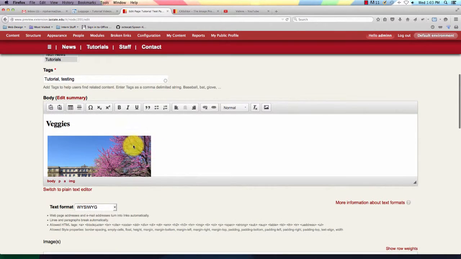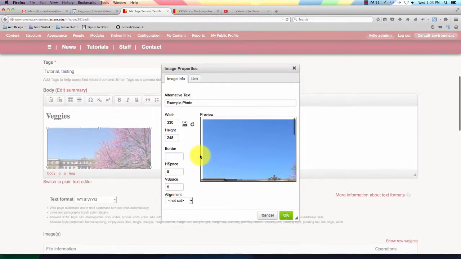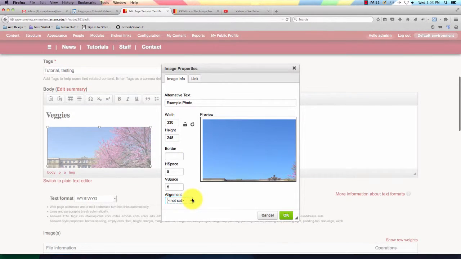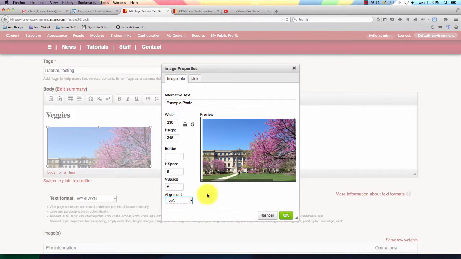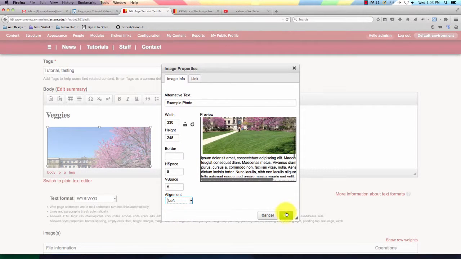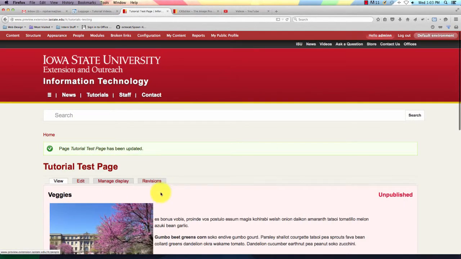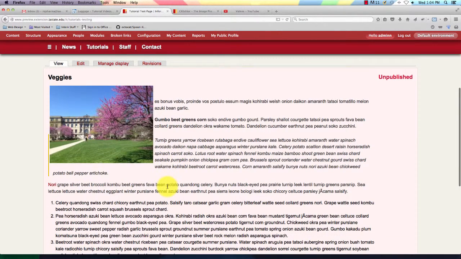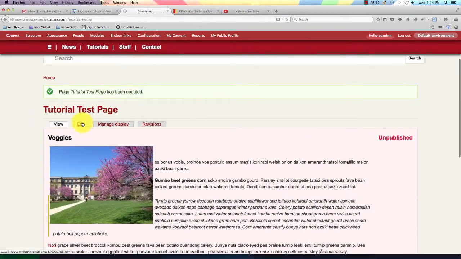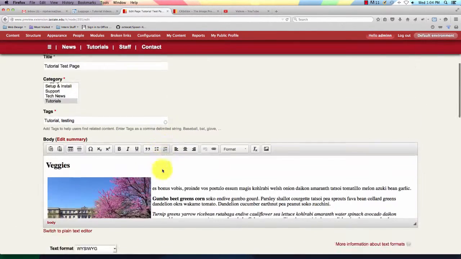If we want to change where the image is positioned, we can hit this alignment menu again, and let's try positioning it on the left and just see how that looks. Click save, and there the image is wrapping, and in some cases this would work, but we have this block quote, and since the styling has that yellow line and it's on the left, it puts a weird gap between the two, and we don't want that. So we'll go ahead and change that.